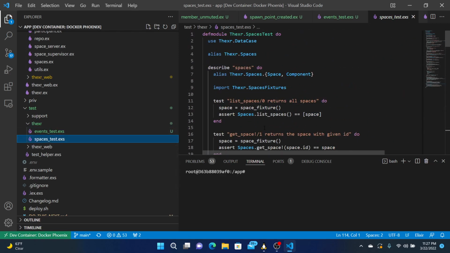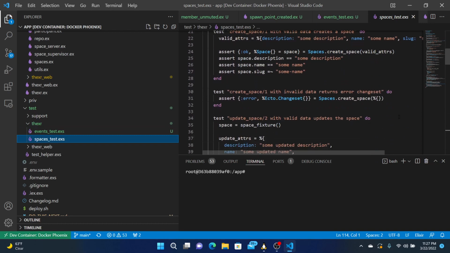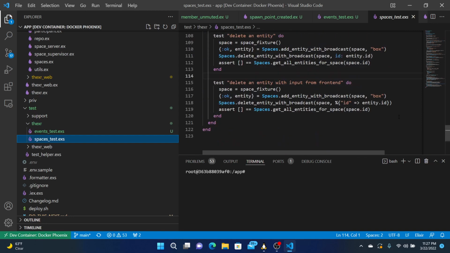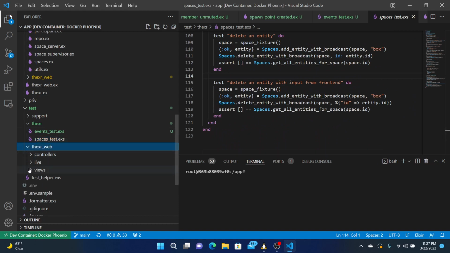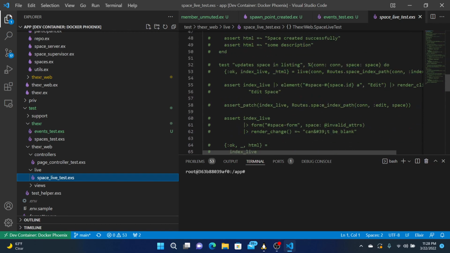So what was the boilerplate in here? Data use case. And could it actually talk to a gen server? How about the web live connection case?